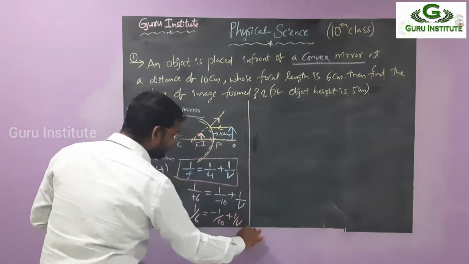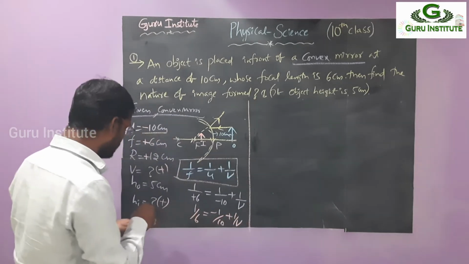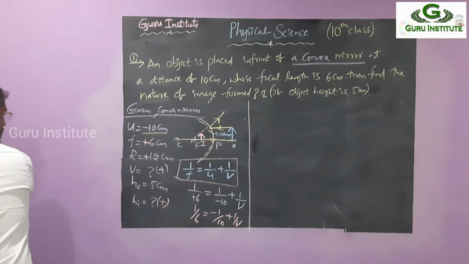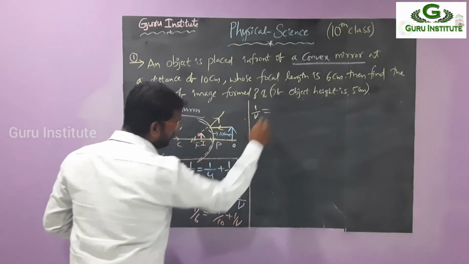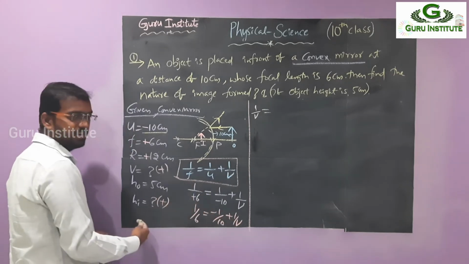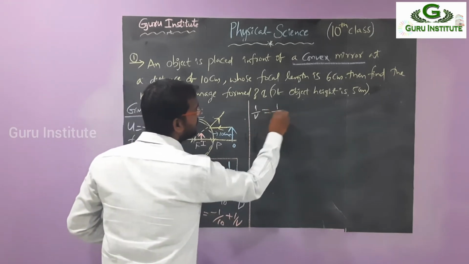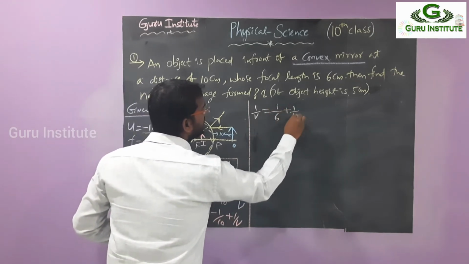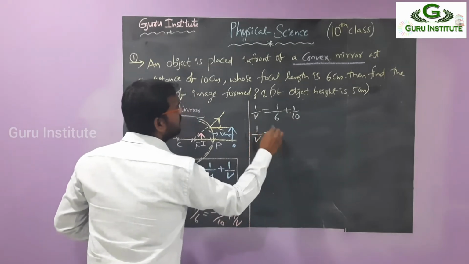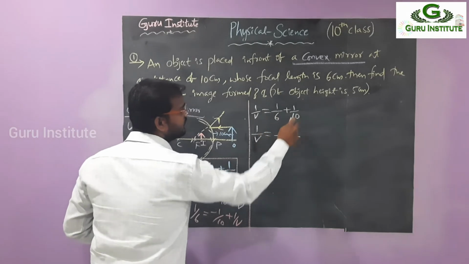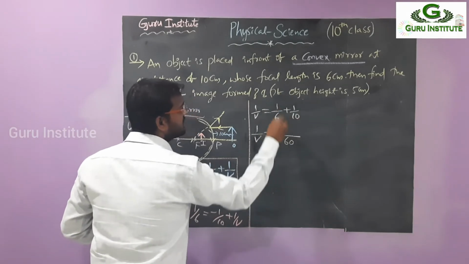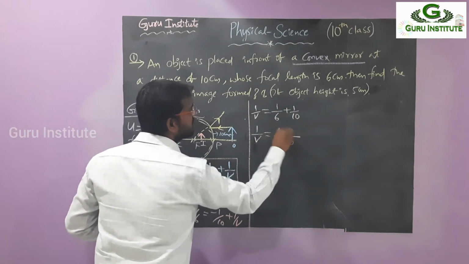So next, what are you getting here? After this, I am taking 1 by V, just observe. Minus 1 by 10 coming to the left side, what will happen? That is plus 1 by 10. 1 by 10, again 1 by V. No need to do the whole LCM, just simply multiply these two. 6 into 10, how much? 60. 10 ones are 10, plus 6 ones are 6.